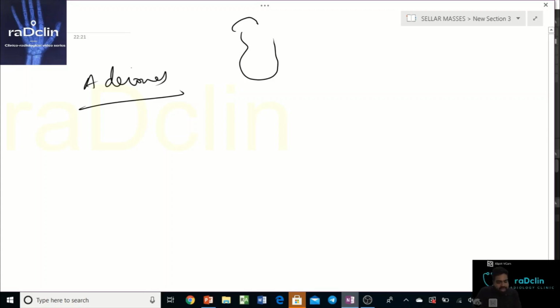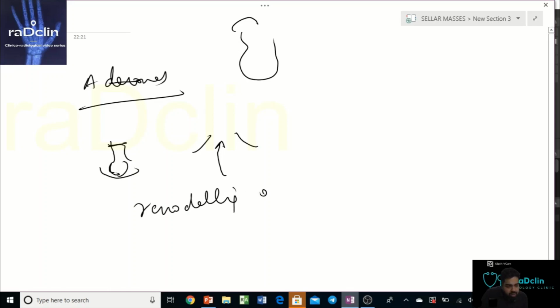Now, basically, the diaphragmatic sellae forms the roof of the sella. So any lesion arising from the gland itself, from the sella, that ascends upward will bulge the diaphragmatic leaflets upwards like this, because the lesion is coming from below upwards. Now, morphologically, an adenoma is a well-defined solid lesion. It causes remodeling of the sella turcica. It's not a very aggressive lesion per se.